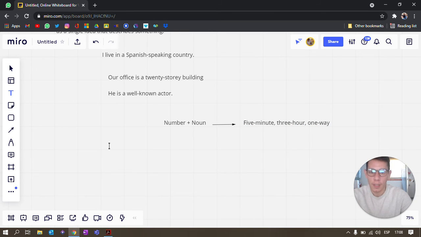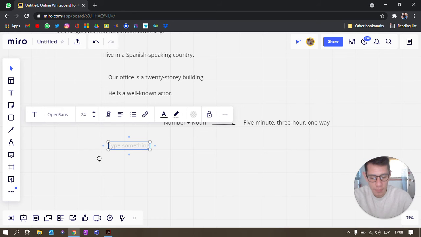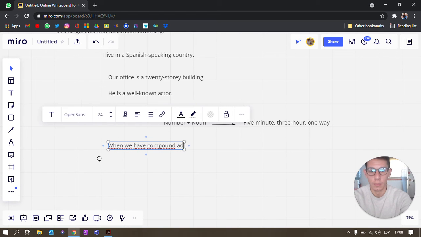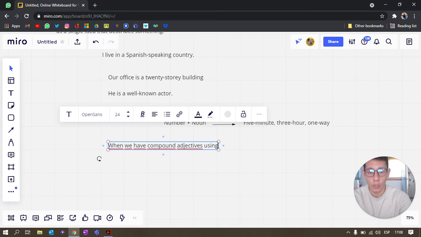When we talk about periods of time using compound adjectives, we always use a singular noun. So when we have compound adjectives using a number plus a period of time,